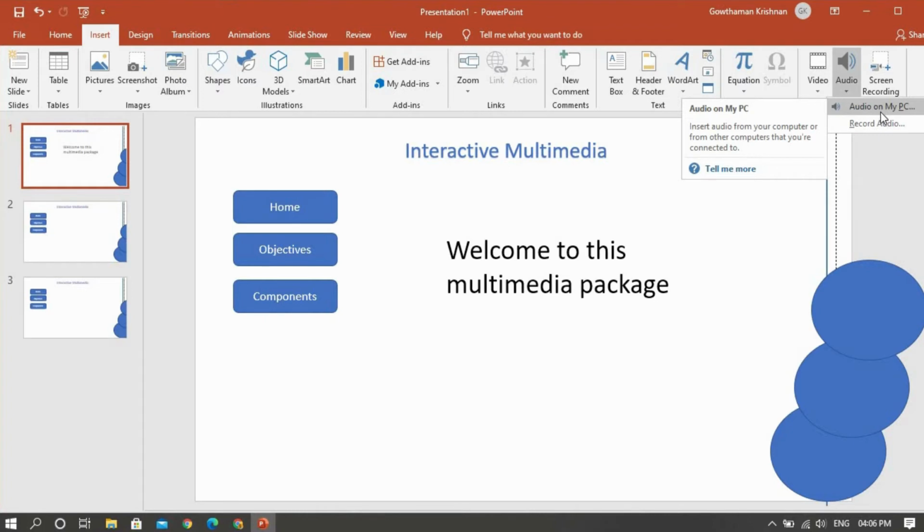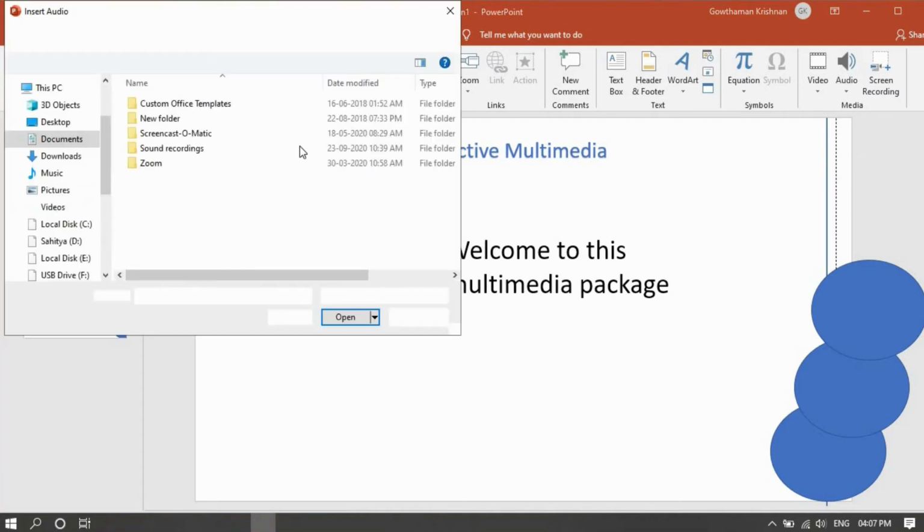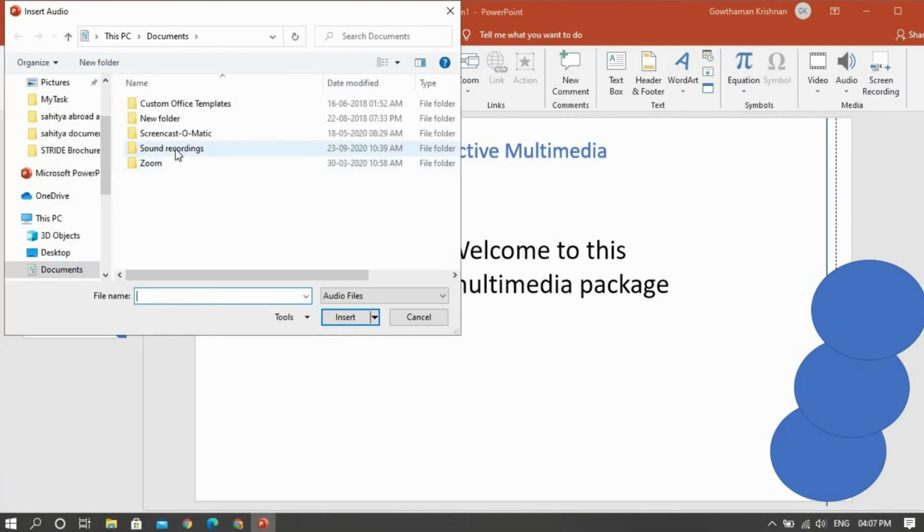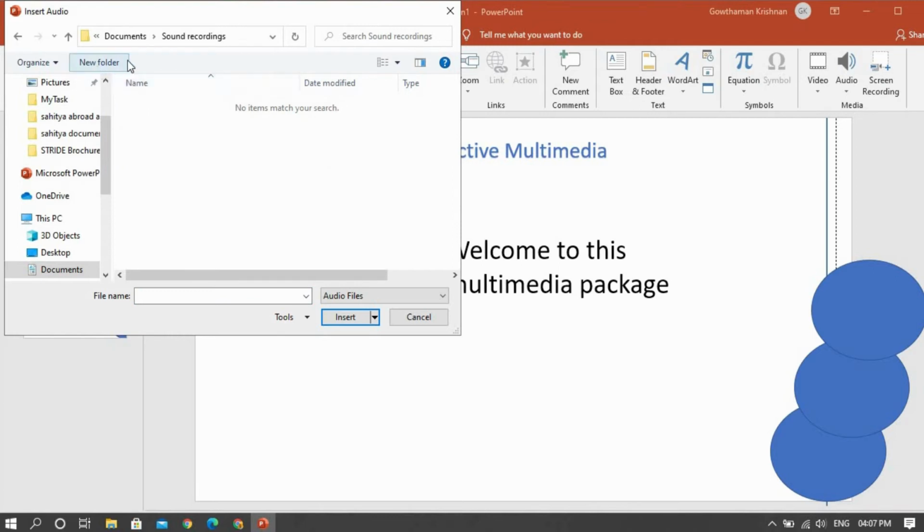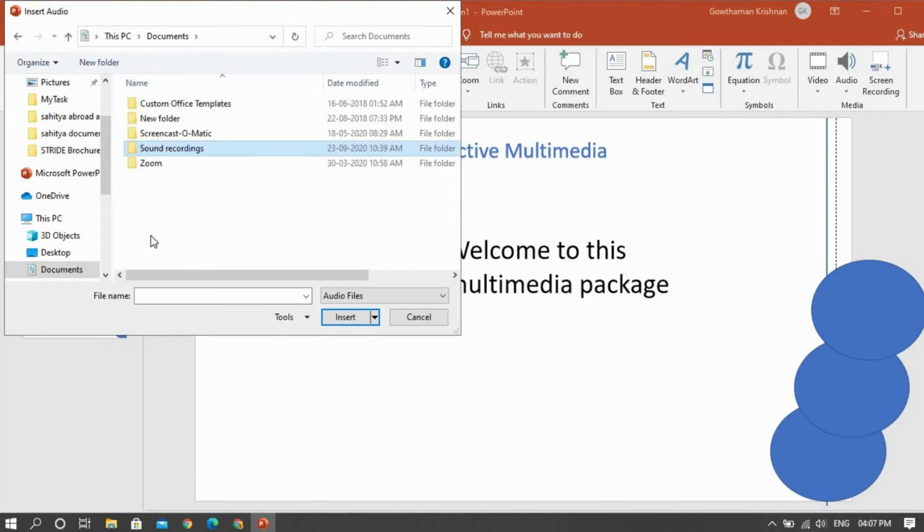We have learnt how to create audio using Audacity in another video program. That can be included here by clicking this, selecting the particular sound, and then inserting that audio clip.